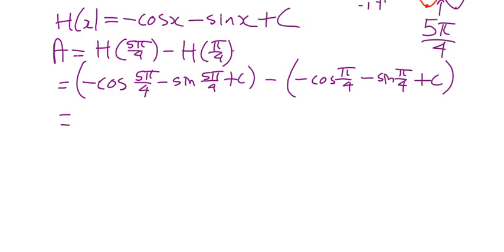Okay, so fill in the next line, just put in the value for this, the value for this, the value for this, and those values. So just write it out, putting in the values and removing the brackets, right? Which means you're going to flip signs and stuff like that. So that's